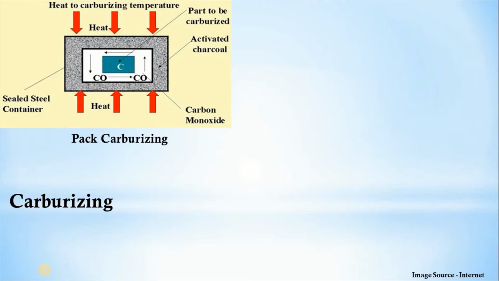So by looking at this photograph of the pack carburizing process, you can see that it is a process in which carbon monoxide derived from a solid compound decomposes at the metal surface into nascent carbon and carbon dioxide. The three types of furnace we mostly use in pack carburizing are box, car bottom and pit type. This is a box type furnace, where we use carbon monoxide to carburize the metal surface and improve it.